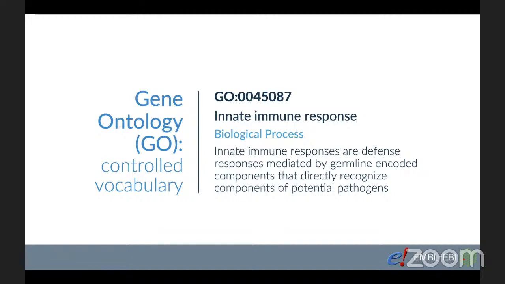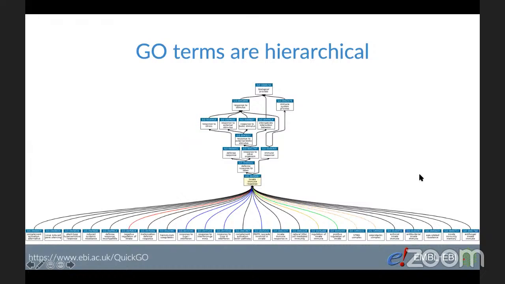And here we have an example. So they all have the accession numbers, name, type, and a definition. And they are organized in a hierarchy, which means a given term, like for example, innate immune response might have a more general parent term, like for example, immune response, but also a more